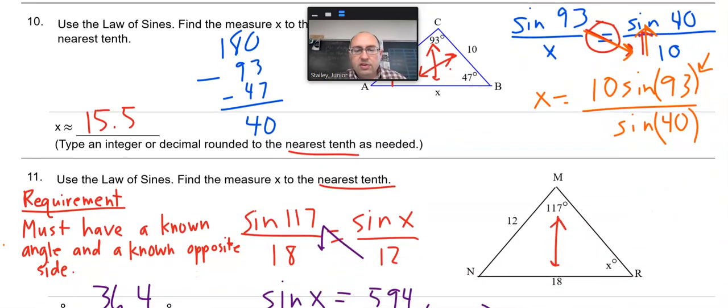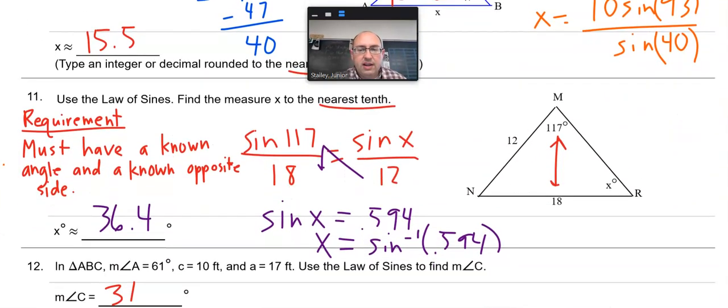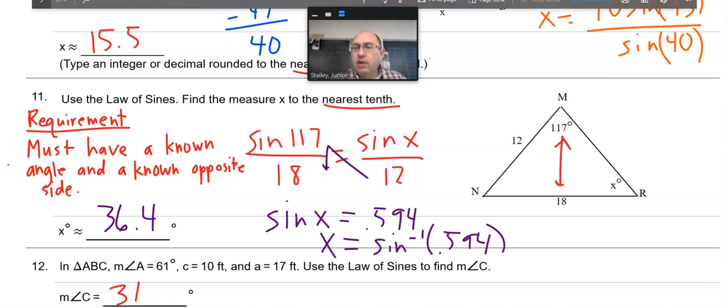So each one of these new situations is going to be the law of sines, and I am going to look for that pair, the known angle and opposite side. When I find it, I set up my equation. Sine 117 over 18 equals sine x over 12, because that's the other pair. This one's different, though, because I'm trying to find an angle measurement. So when you do the cross multiplying, 12 times the sine of 117 divided by 18,